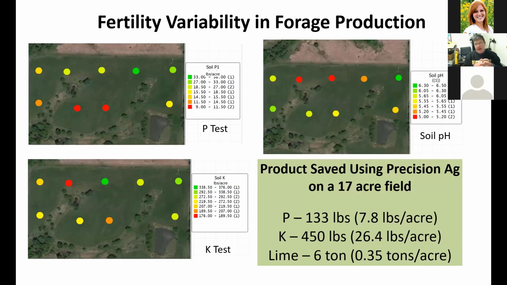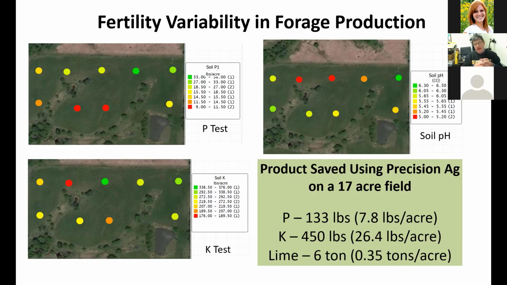just from a fertility standpoint, even in this, was some work that we did a number of years ago, actually up in Sullivan County, where we began to think about, could we use some of the same techniques that we were using in row crop production from a soil sampling, grid sampling standpoint, and look at variability of soil nutrients in a field. And even in this small field, if you look at the results of what we would come up with from a soil testing standpoint